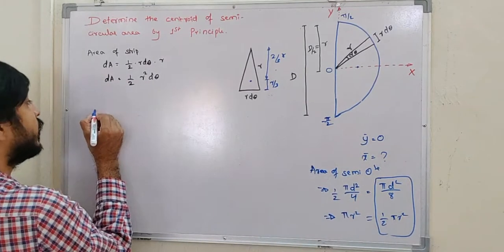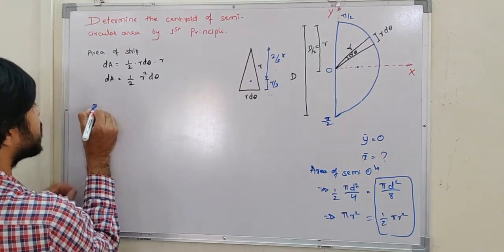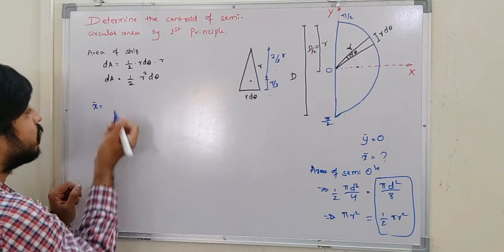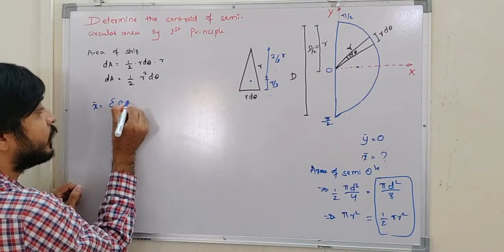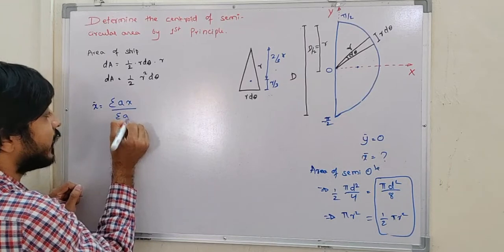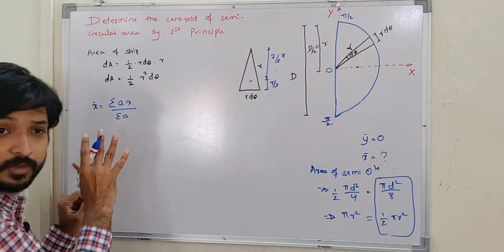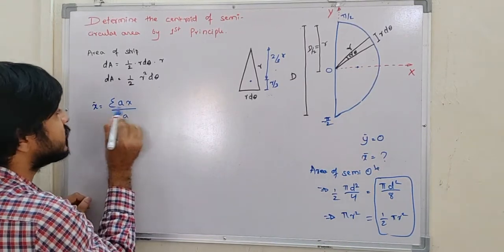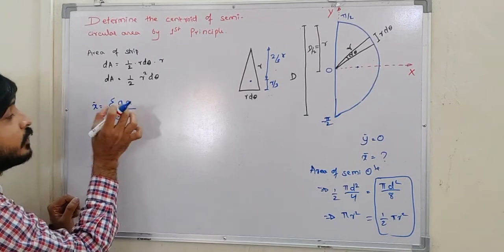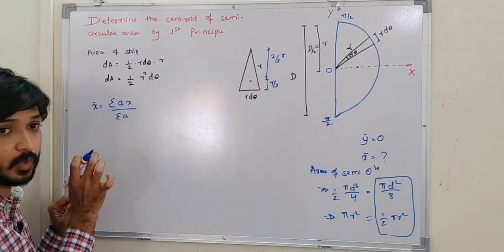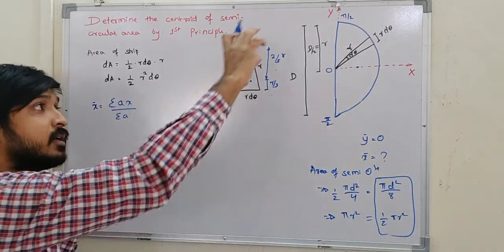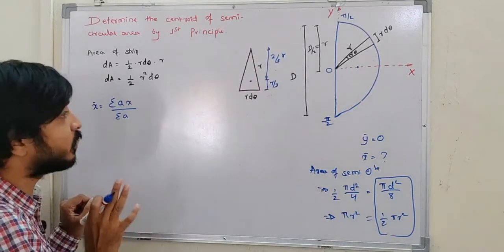So now we know what x bar is. X bar is calculated using what? Summation of area into x divided by summation of A. Remember, this is what we derived in the first class, right? So what is this top numerator value? This is moment of area, divided by sum of area, right?